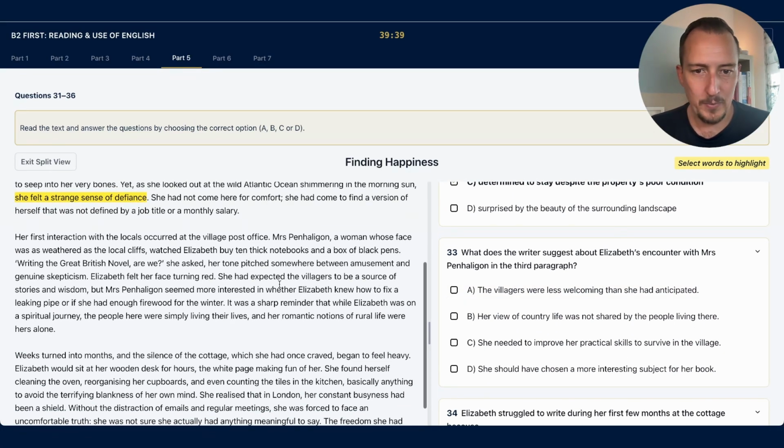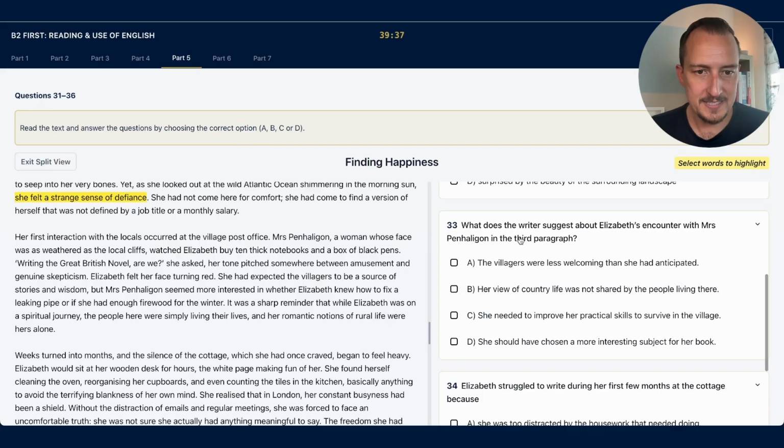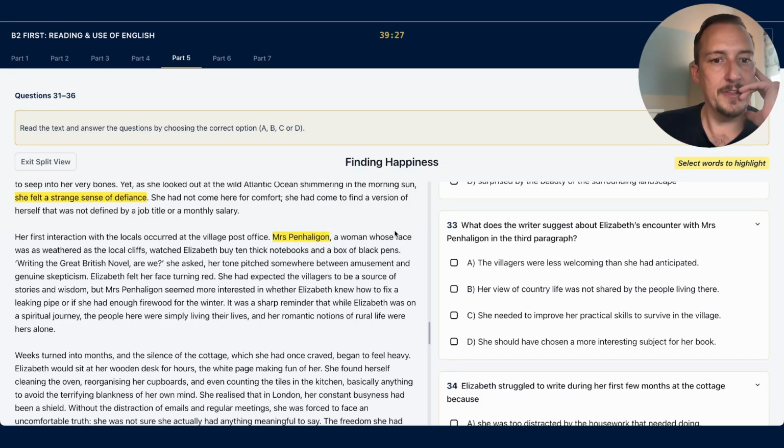Okay, 33, we know to look in paragraph 3. It tells us here. So let's have a look. What does the writer suggest about Elizabeth's encounter with Mrs. Bennigan? Yeah, there is Mrs. Bennigan. Okay, so what does she suggest? The villagers were less welcoming than she had anticipated. Her view of the country life was not shared by the people living there. She needs to improve her practical skills to survive in the village. She should have chosen a more interesting